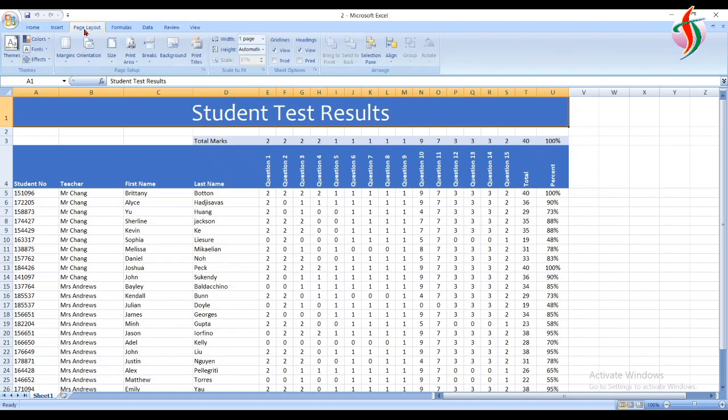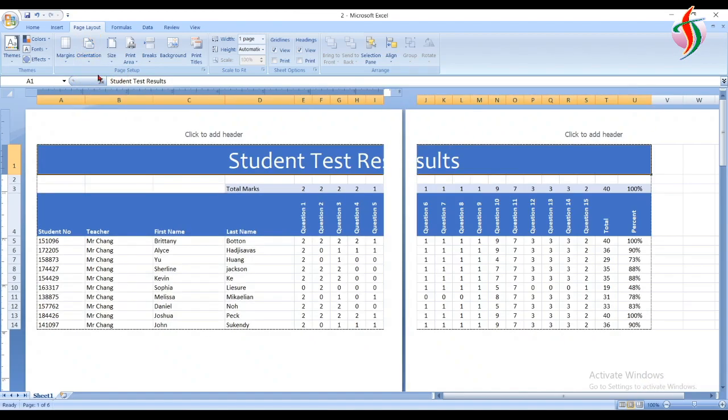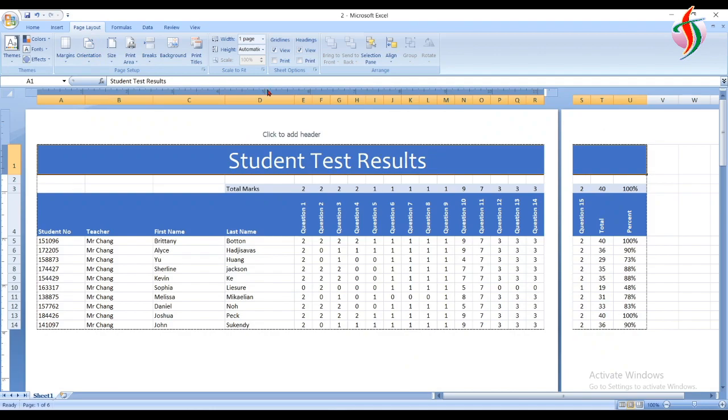Today we'll discuss how to use the page layout tab. The page layout tab is more important for how we want to print it out. So the page view will show the print view also. And I can use this orientation to select the page orientation, like which orientation I am going to